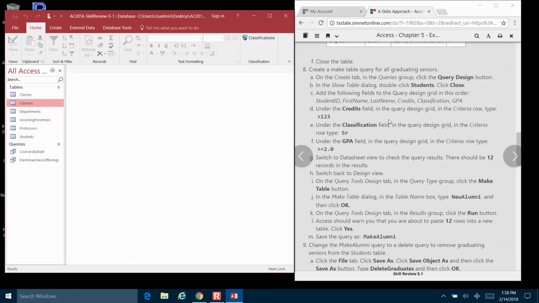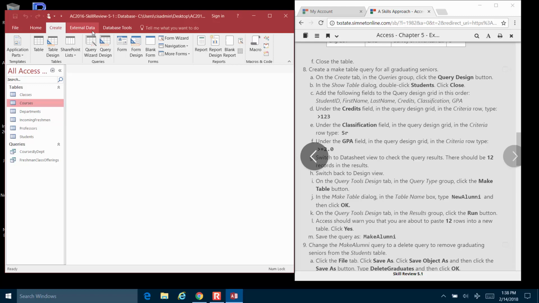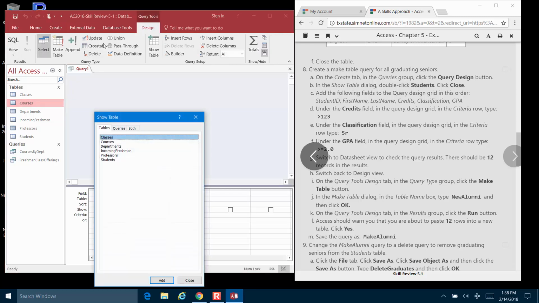Now, we've created tables from scratch. We've imported stuff to do tables. We can also create a table from a query. So we could query a couple different things and then create a new table from that. So that's what we're going to do right now. But we have to start with the query. So we're going to go to query design. So create query design, and we want the students table,